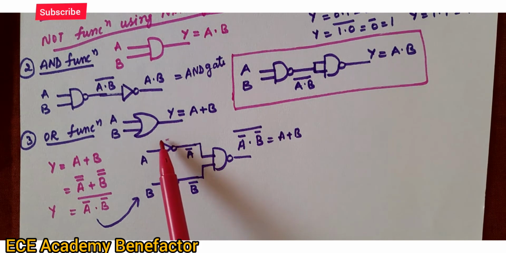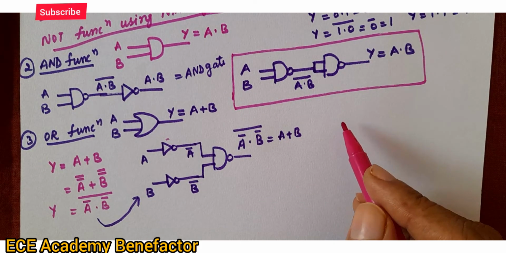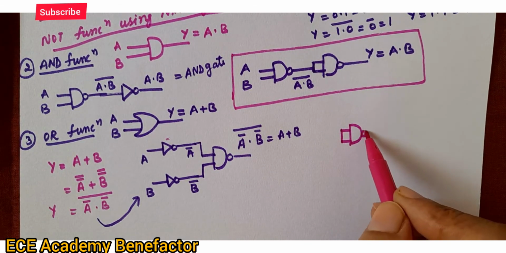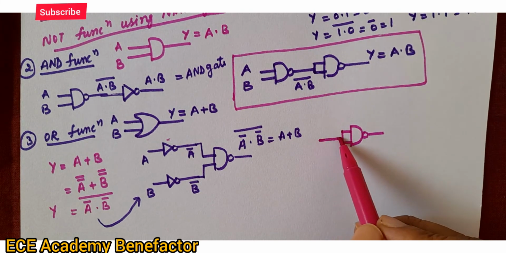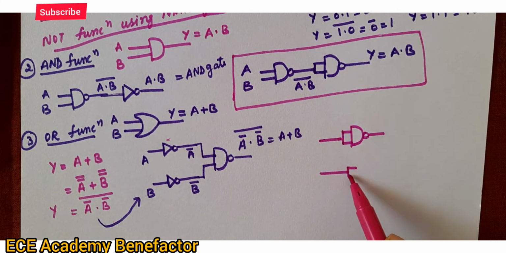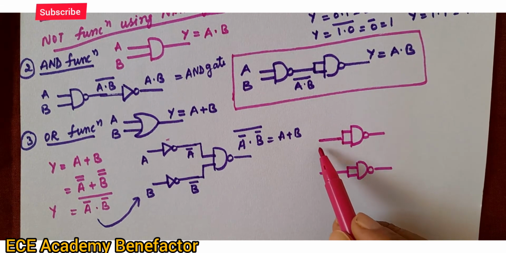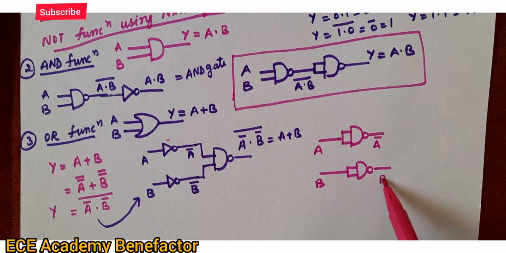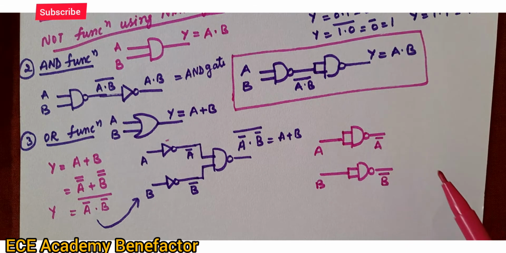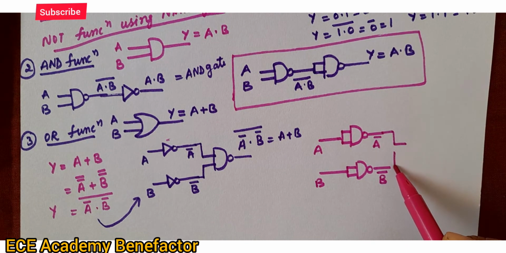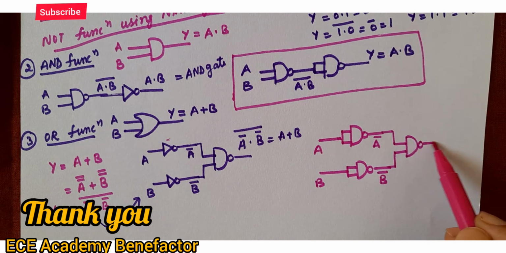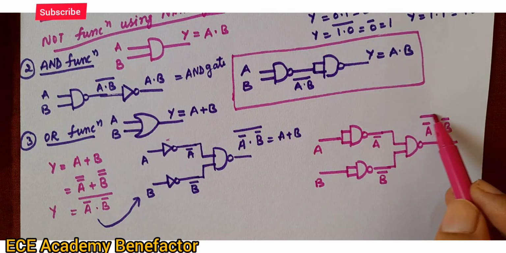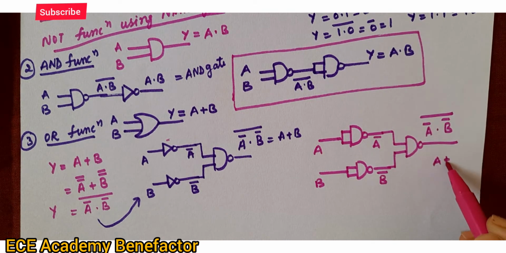So replace these NOT gates now. Replace the NOT gate by NAND gates. NAND gate means the inputs are joined. A, B. So coming to this A, we will get here a bar, and B is giving us b bar when passed through this NAND gate, and then finally given to a NAND gate. So here what we are getting is a bar dot b bar the whole bar, which is equal to a plus b.